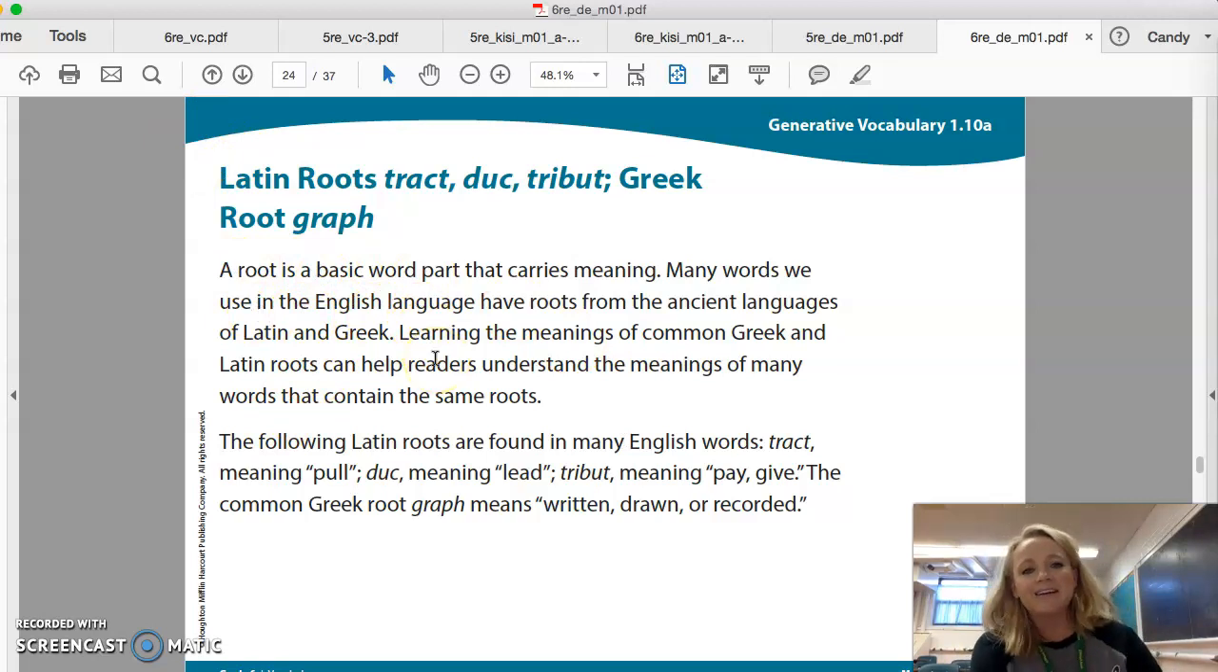Next, we talked about a few Latin and one Greek root. A root is a basic word part that carries meaning. Many words we use in the English language have roots from the ancient languages of Latin and Greek. Learning the meanings of common Greek and Latin roots can help readers understand the meanings of many words that contain the same roots. The following Latin roots are found in many English words. Tract, meaning pull, duct, meaning lead, tribute, meaning to pay or give, and the common Greek root graph means written,